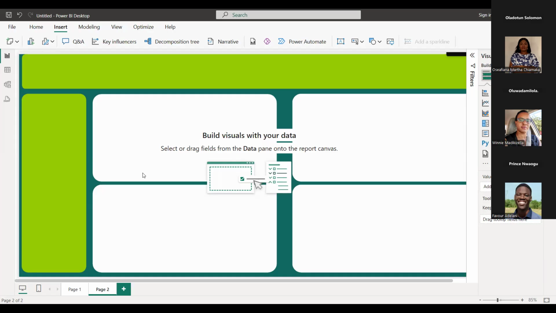If you are good with that, you can just say yes in the chat so I don't leave your question unattended to. Sorry, concerning the icons, when we were still on Excel, Miss Blessing taught us that Excel has its own icon source, kind of. Does Power BI also have that? Well, Oluwadamilola, are you going to permit me to leave you in suspense till we get there? Because I've got a few things planned with regards to icons and all of that.